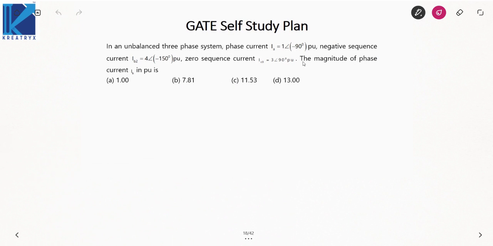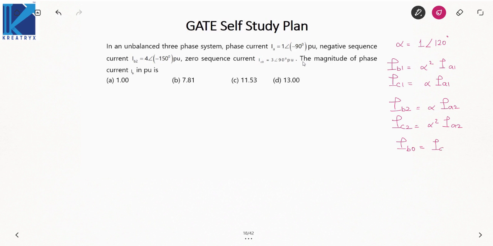Next question. In an unbalanced 3-phase system, IA is given, IB2 is given and the zero sequence is given. We need to find IB. So see, alpha is basically 1 angle 120. So always remember, IB1 is alpha square IA1, IC1 is alpha IA1. Similarly, IB2 is alpha IA2, IC2 is alpha square IA2,